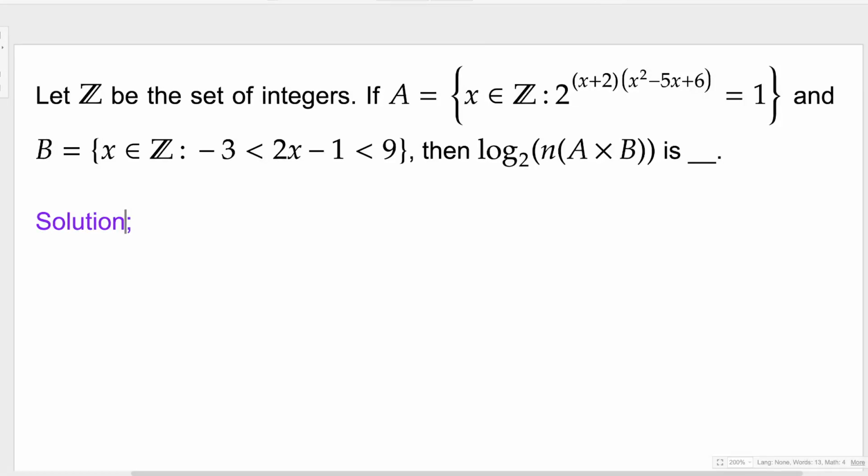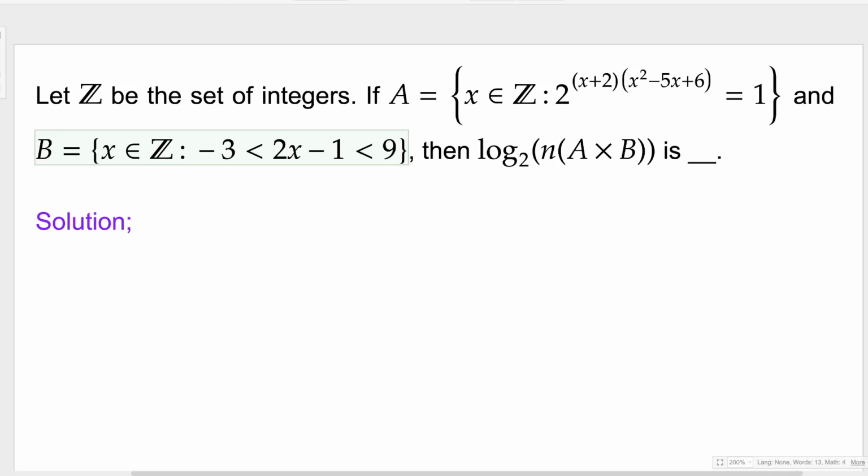So consider this given problem statement. Let Z be the set of integers. If set A contains elements x that belong to Z, with the constraint that 2 to the power of the expression x plus 2 times (x square minus 5x plus 6) is equal to 1, and the set B is stated as x belonging to the set of integers Z,